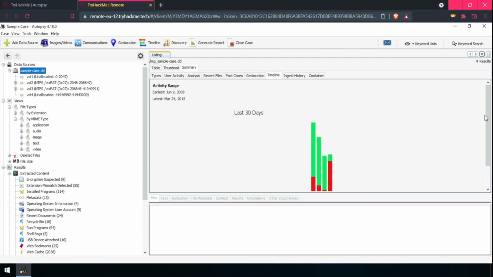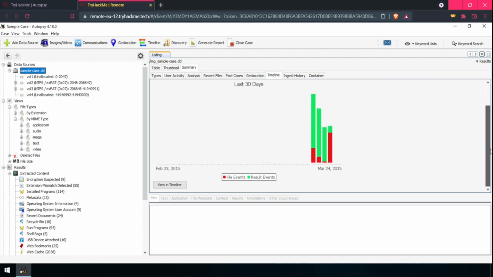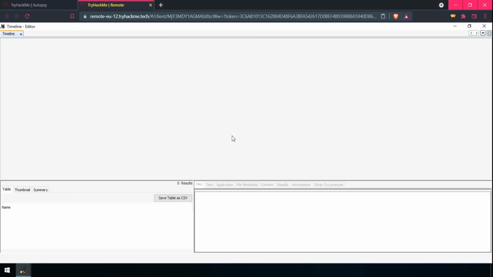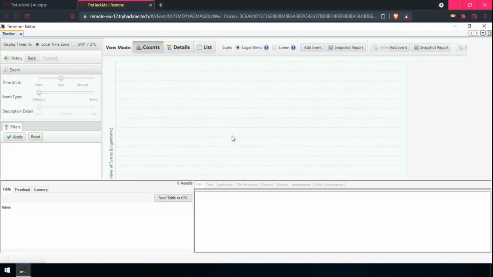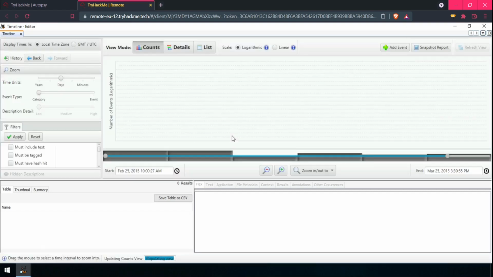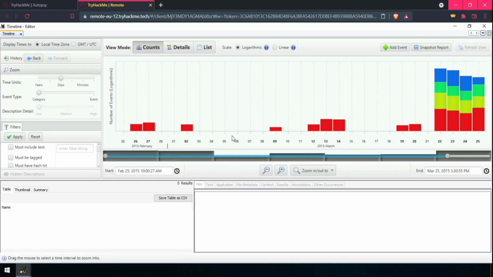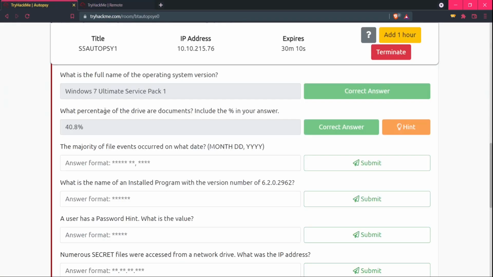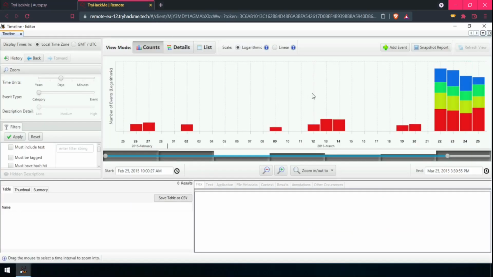So the activity range actually includes a good timeline frame. So let's view it in the timeline. Opening it. If we click, the date was not given. We need to know when the majority of file events occurred.